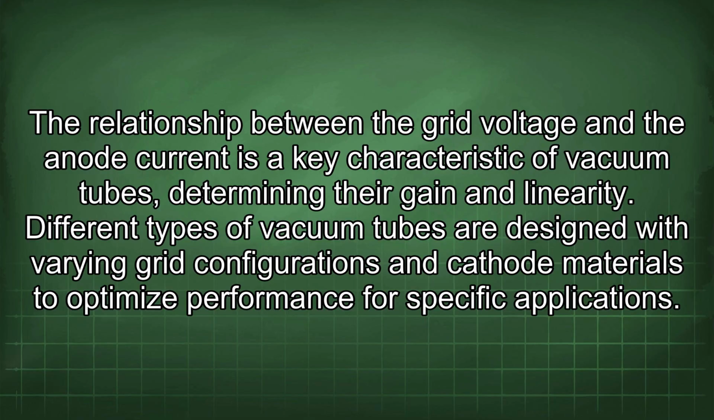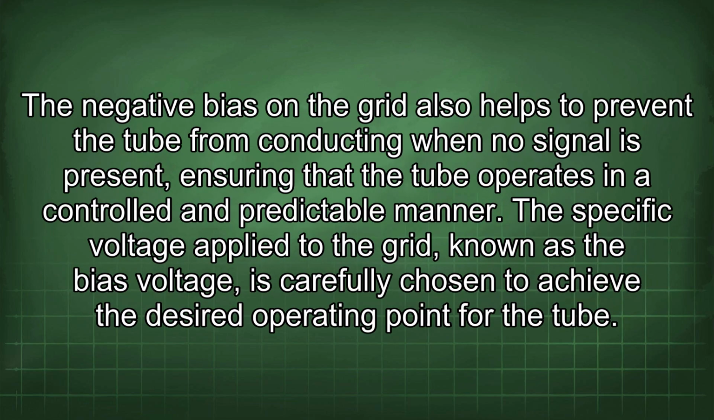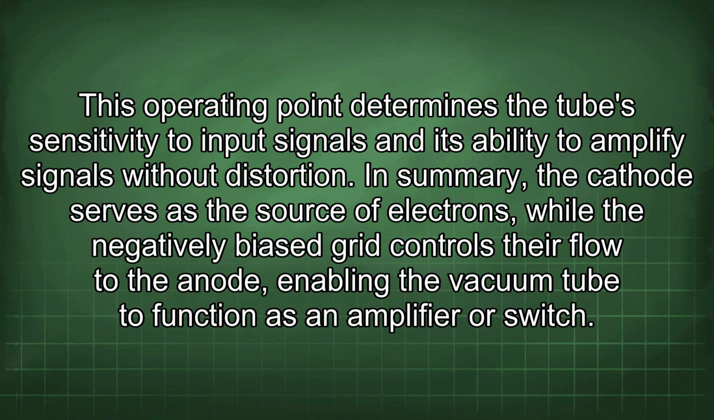The negative bias in the grid also helps to prevent the tube from conducting when no signal is present, ensuring that the tube operates in a controlled and predictable manner. The specific voltage applied to the grid, known as the bias voltage, is carefully chosen to achieve the desired operating point for the tube. This operating point determines the tube's sensitivity to input signals and its ability to amplify signals